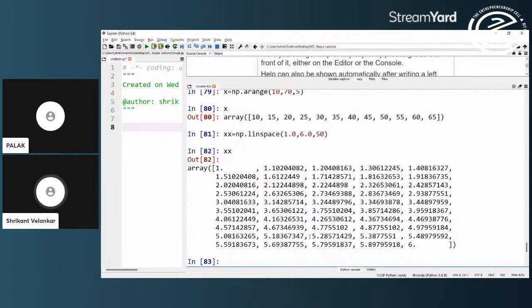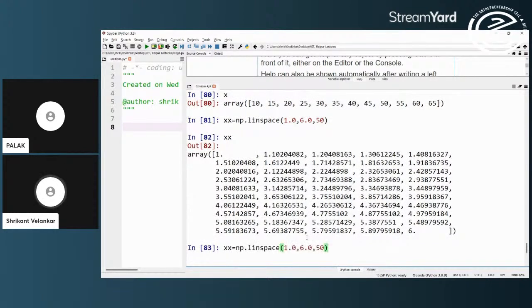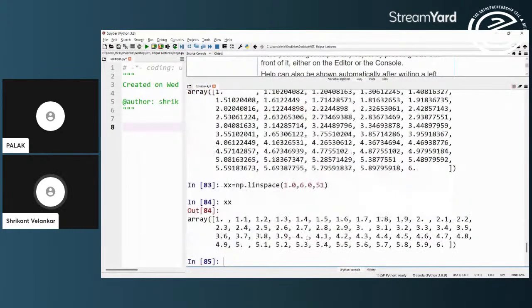Now one would have expected that whenever I am dividing it into 50, in just a minute or two we will finish off, from 1.0 to 6.0 it should have given me 1, 1.1, 1.2, etc. But it has not given that. That is because if I want to do that, I should have actually put it into 51 numbers. If it is 51 numbers, now you will see that it has been perfectly divided: 1, 1.1, 1.2, 1.3, up to 6. So again, I have generated a linear space x-axis for visualizations.